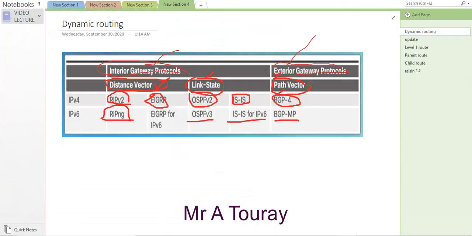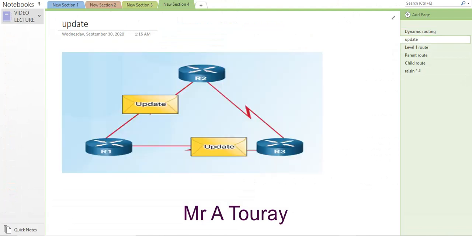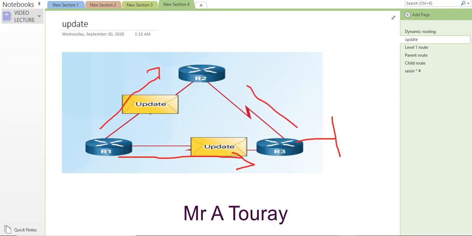Let's take an example here. Router 1 normally would not use all these links to communicate to the LAN that is on router 3. So router 1 might be using this link. Let's take this link as the primary link. With dynamic routing protocols, if this link is chosen, it is because router 1 and router 3 agree that they can use this link to communicate to each other's LANs. And router 1 and router 2 also can agree to use this link, and router 3 and router 2 can also agree on this link.